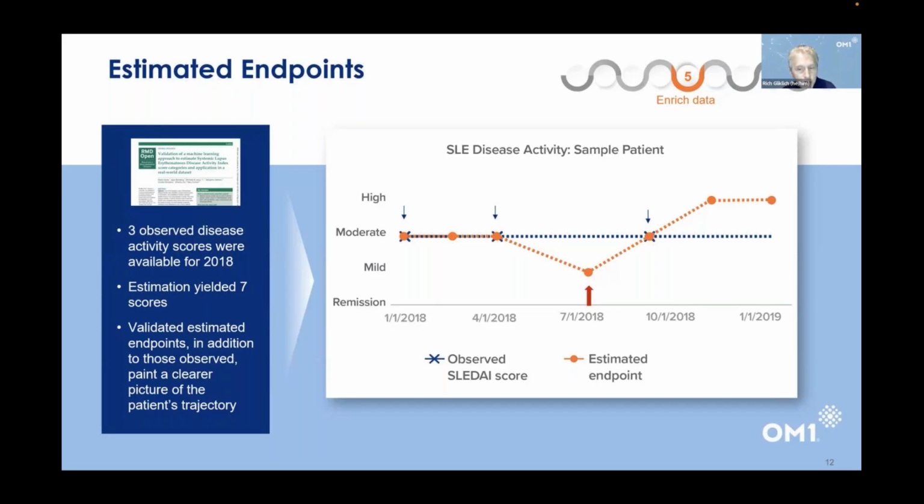And what we learned is that in July of 2018, the patient had been doing so well that their disease-modifying therapy was discontinued. So what you learn is that there's always missing information, and observed information coming from the electronic medical record, but we can fill in gaps using this type of technology that's incredibly exciting and powerful.